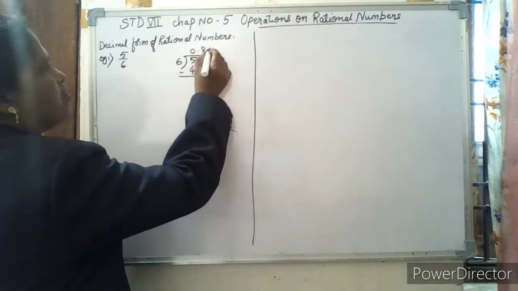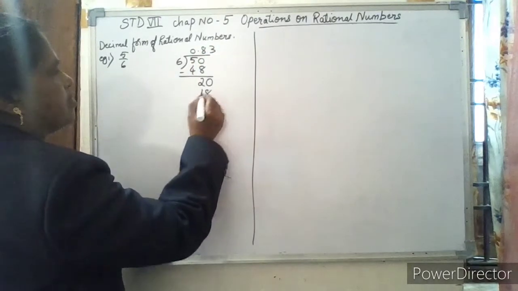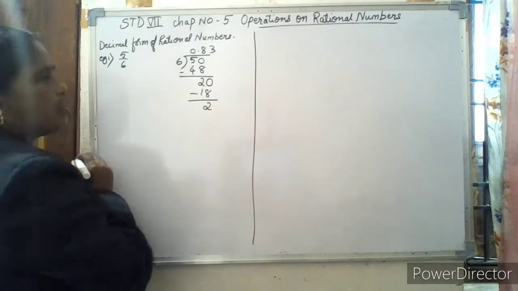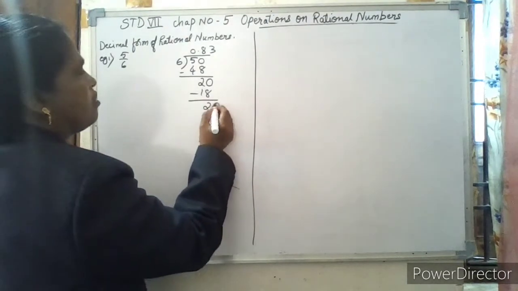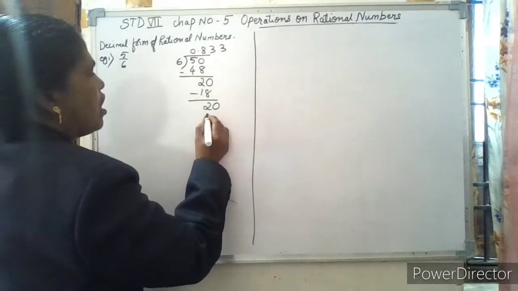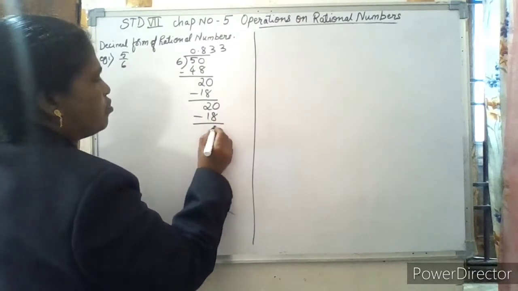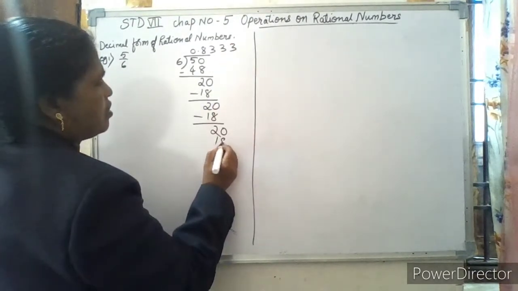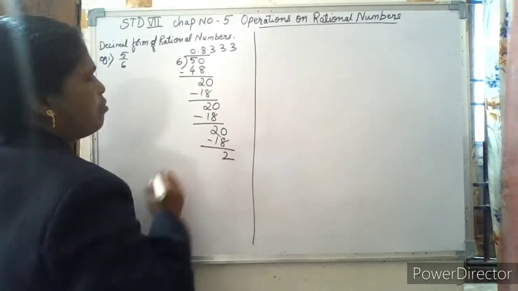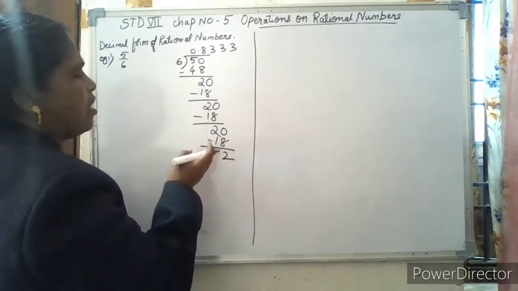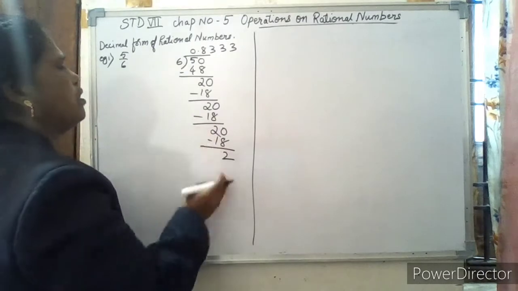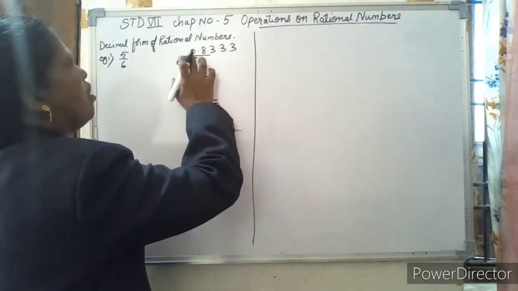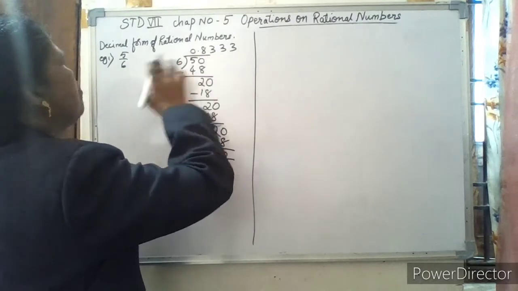Now, 6 3s are 18. Minus, again 2 is the remainder. So again take a 0. 6 3s are 18. Again 2 is the remainder. Again take a 0. 6 3s are 18, minus, 2 is the remainder. So you can see that every time 2 is the remainder. So that means this 3, the answer, the decimal form is